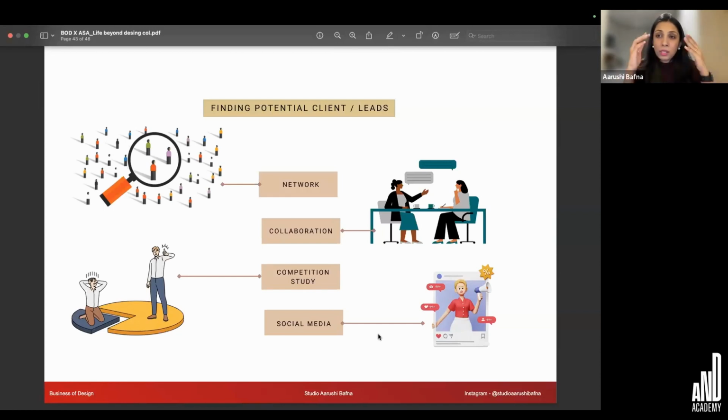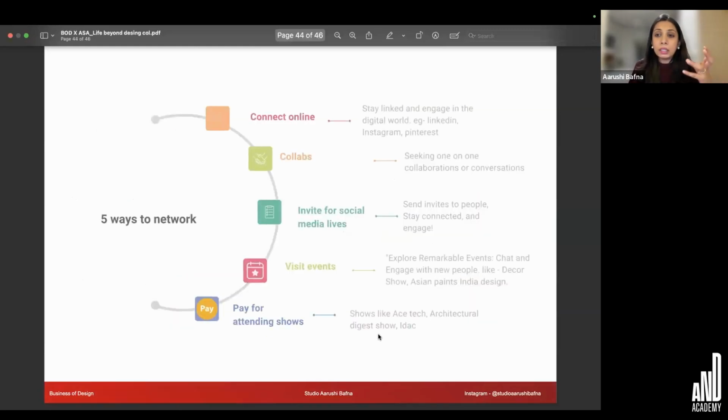Okay. So once you're clear in your head where you see yourself in 5 years, 10 years, where you are, how you want to be, what you want to do, this is where we land up. Then we use strategies of business to take the first leading step towards building a design identity.